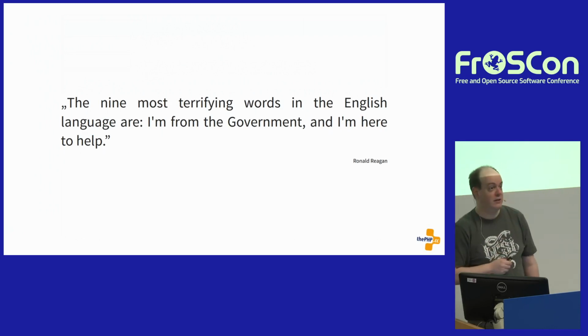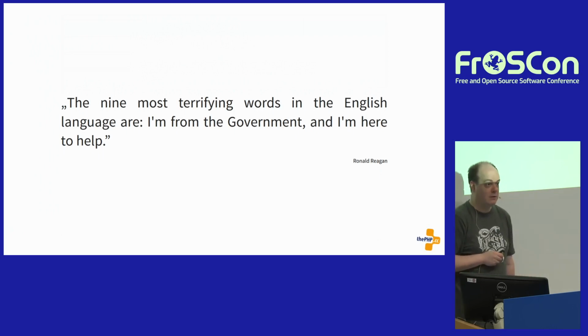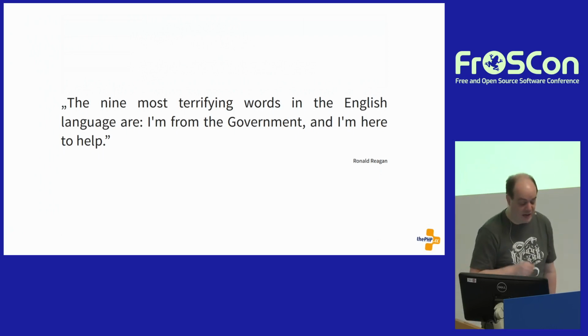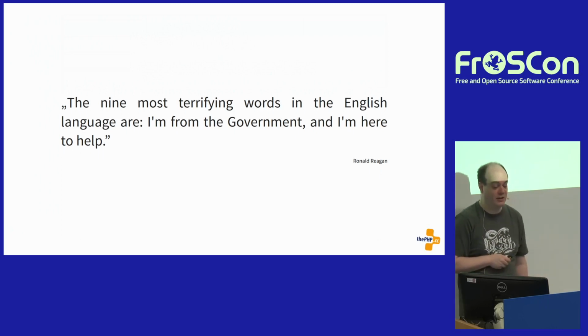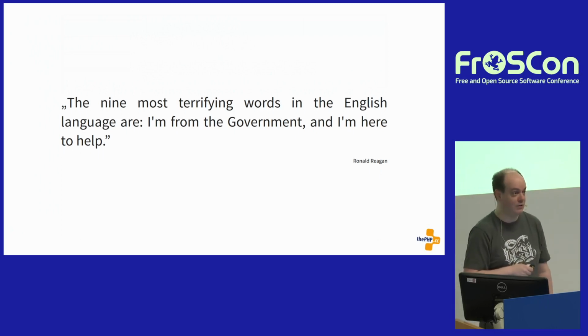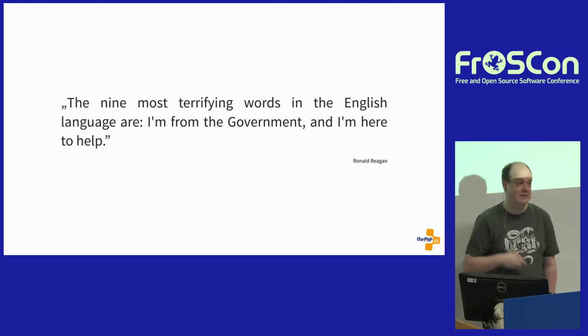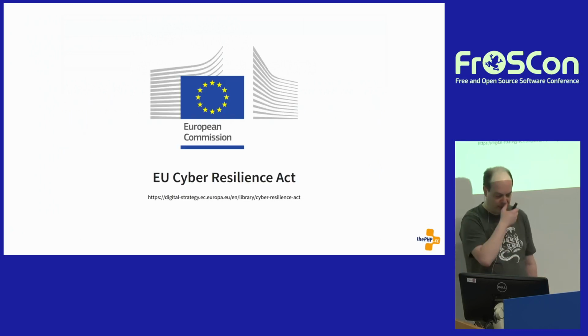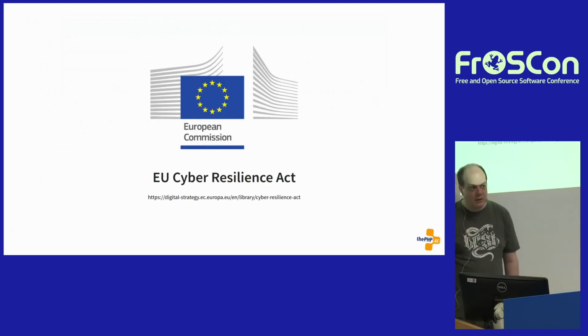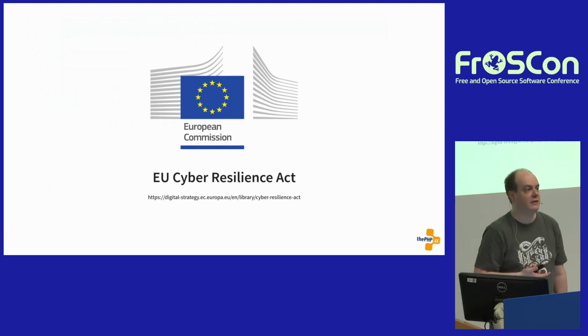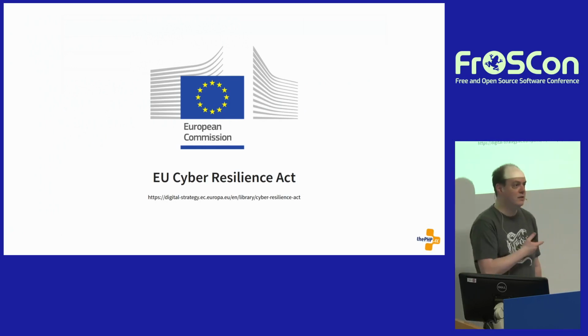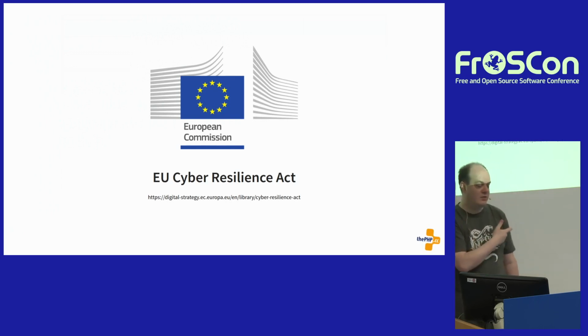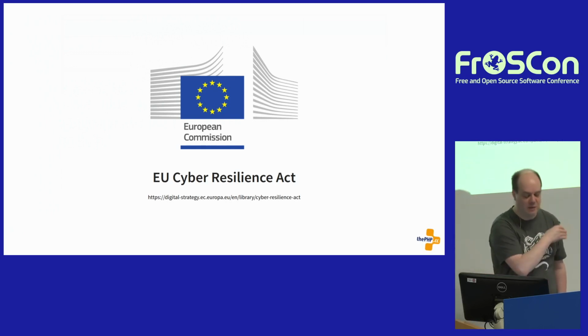I never imagined that I would ever quote Ronald Reagan, but he once said, the 9 most terrifying words in the English language are, I'm from the government and I'm here to help. Yeah? We, as the open source community, probably do not want this kind of help that is maybe well-intentioned, but in practice turns out to be problematic. And I mentioned earlier, it's all around the world that things like that are happening. It's not just in the US, triggered by this Senate bill in the US, to some degree at least.